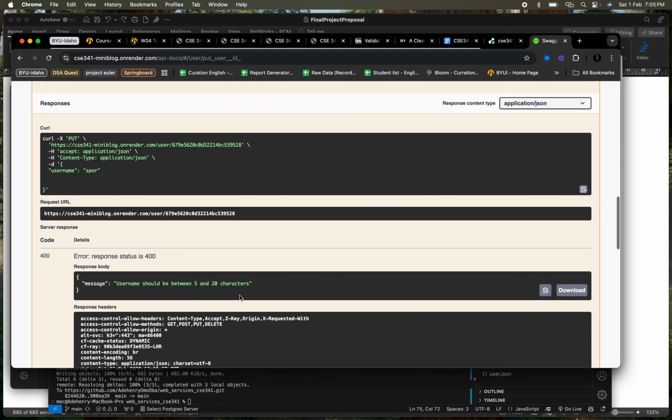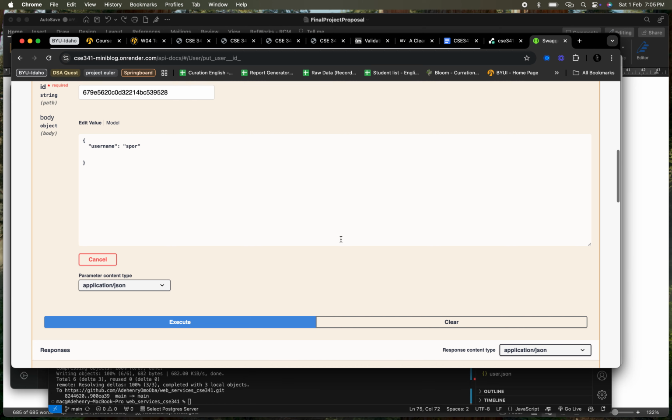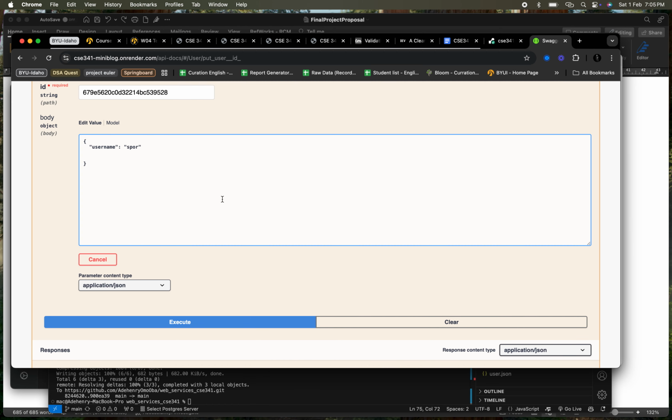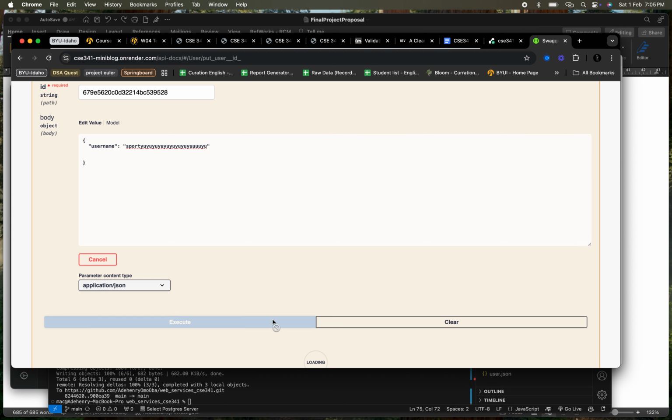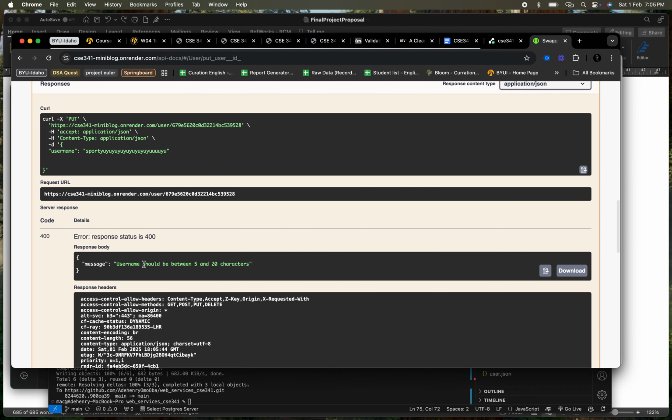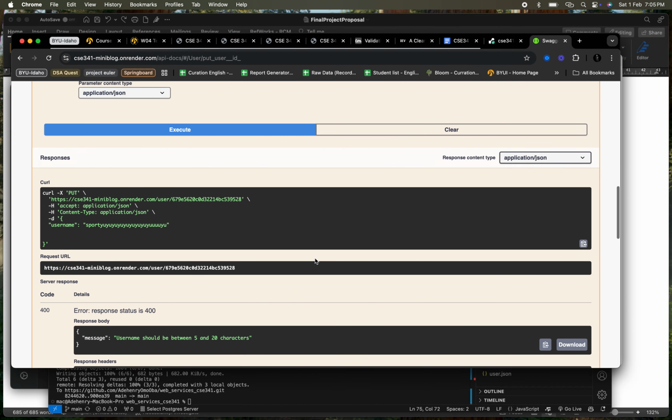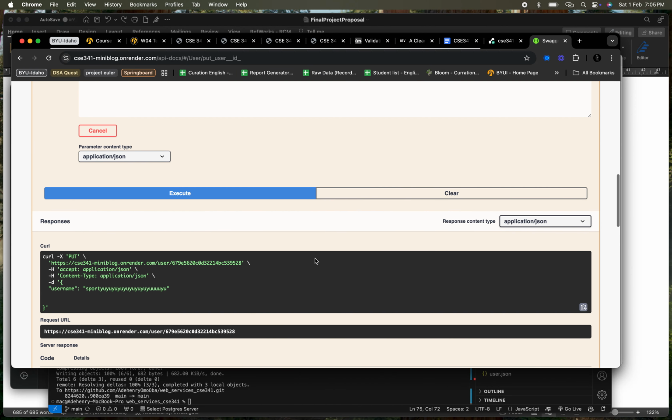So we have an error: username should be between 5 and 20 characters. So if we try to increase the character count to more than 20 and send the request, we have the same error: username should be between 5 and 20 characters. So that's for the user